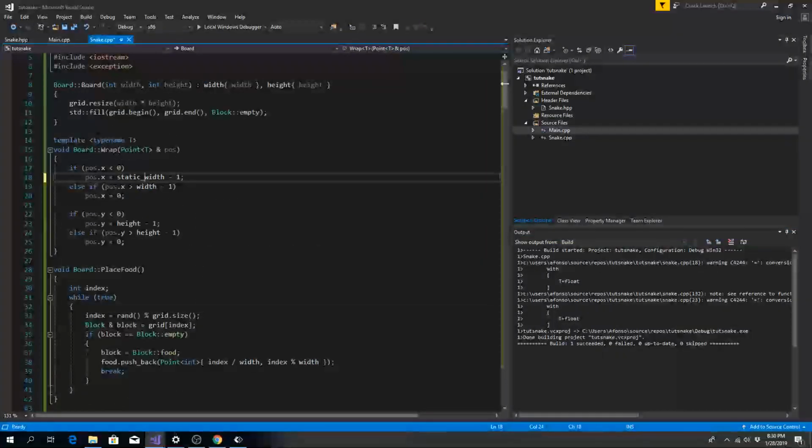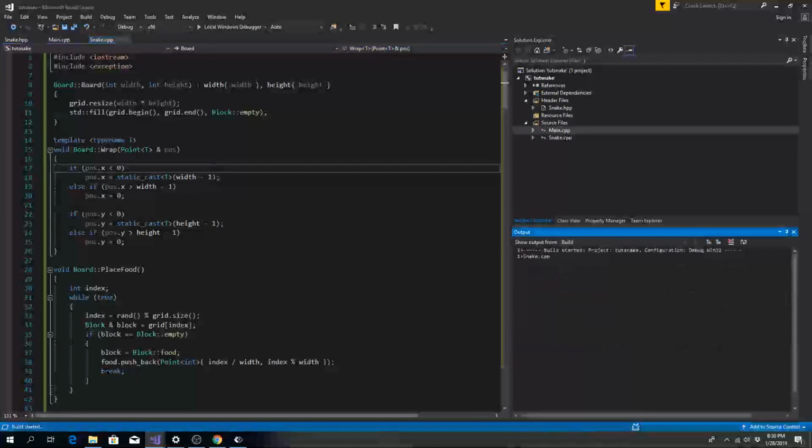Right here on wrap, you want to cast the value to the type of our position, so just put that static cast, and this is 0, so you don't need to do that because every value has 0. And this is good, so Ctrl F5 again,